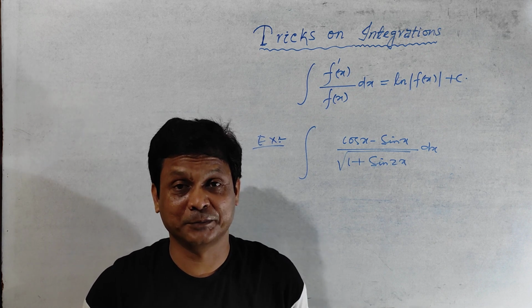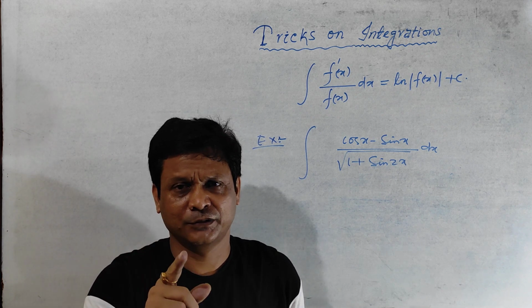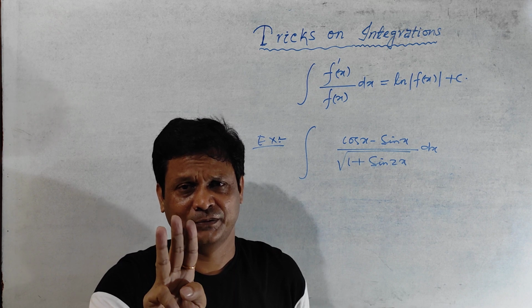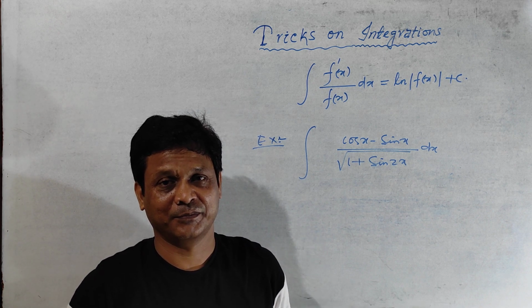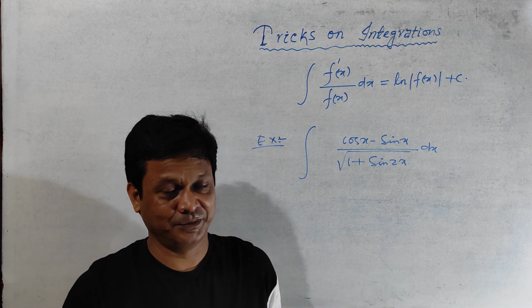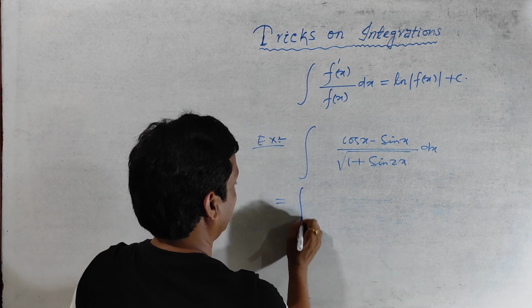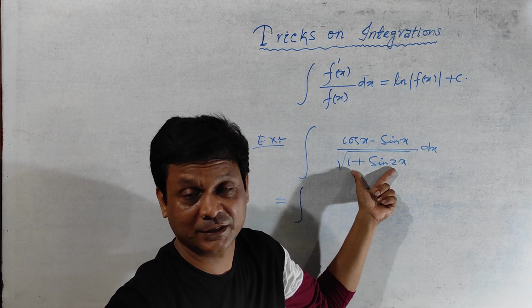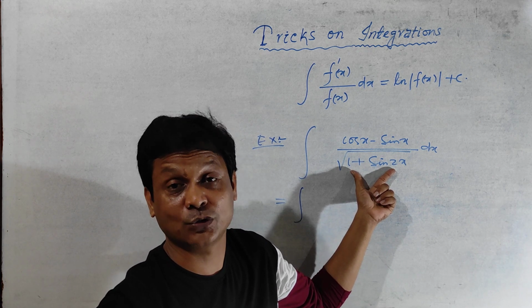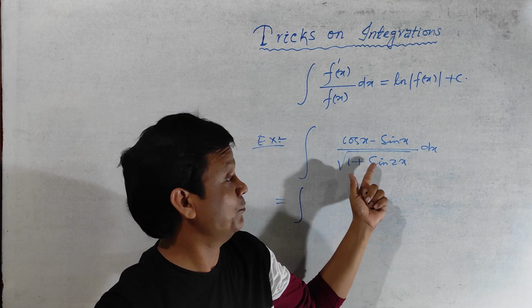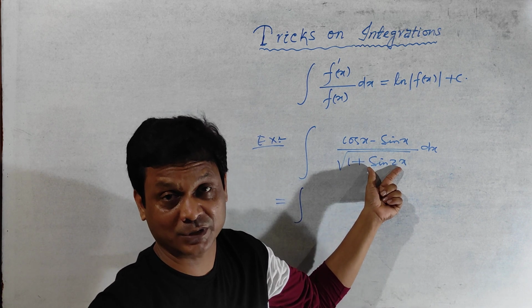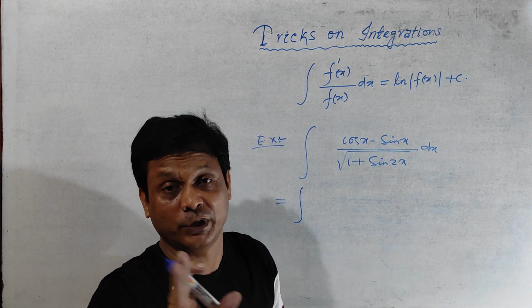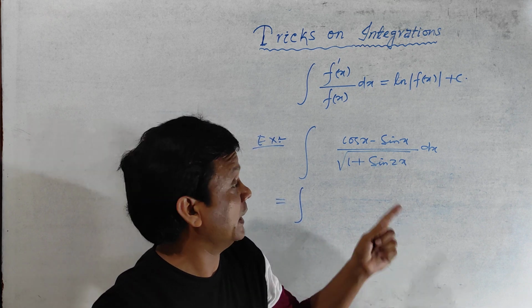How to do this one? Think for 3 seconds. I am giving you 3 seconds. Over 1 plus sin 2x. It is (sin x plus cos x) whole square, because 1 is sin square x plus cos square x and sin 2x is 2 sin x into cos x. So a square plus b square plus 2ab is (sin x plus cos x) whole square, and whole square root over